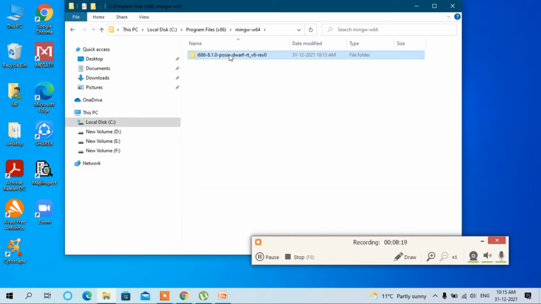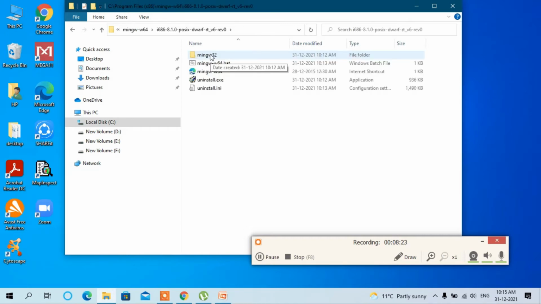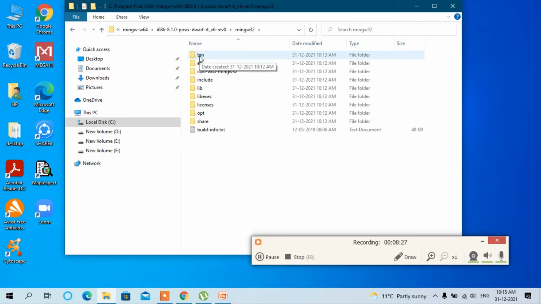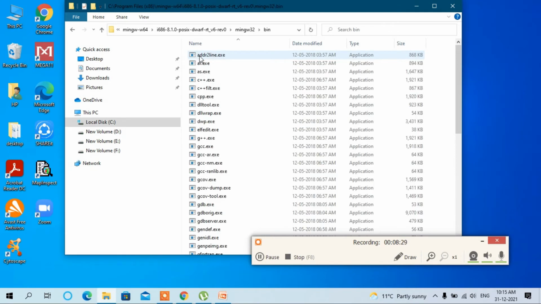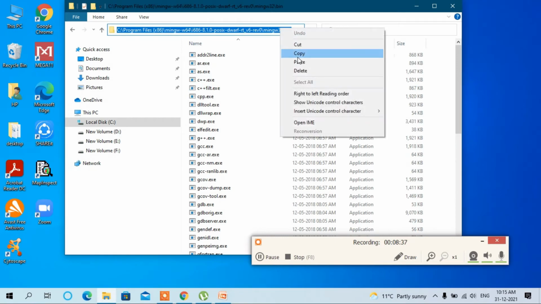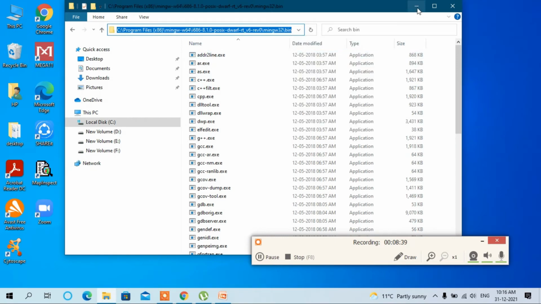Then go to this folder, then here, then bin, where all the exe files are. We have to copy this path, copy it, and then go to the